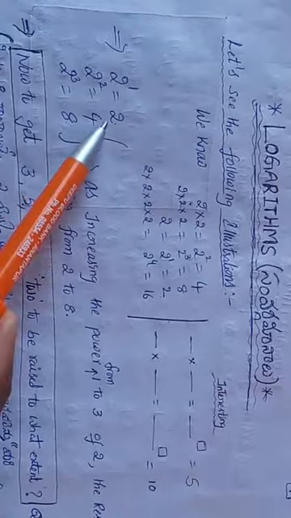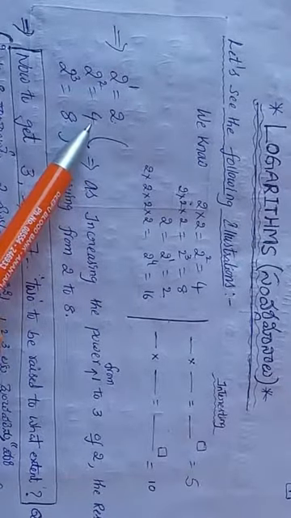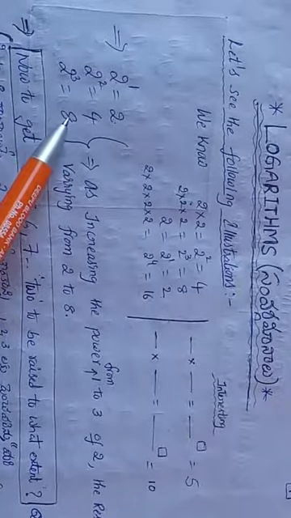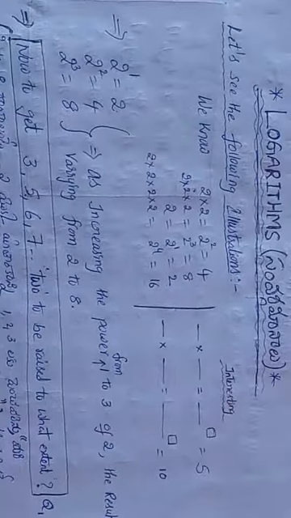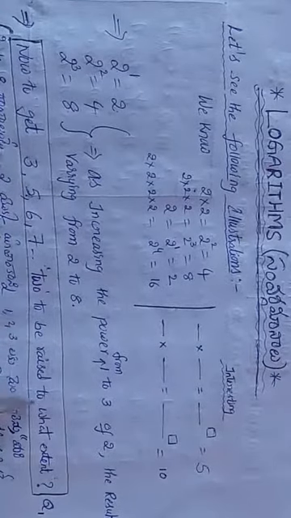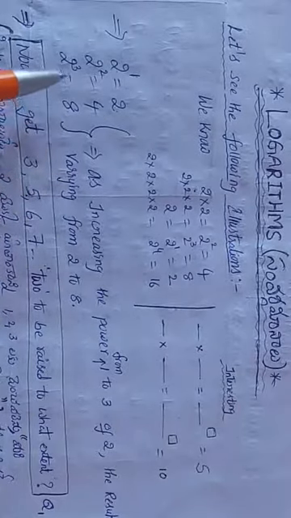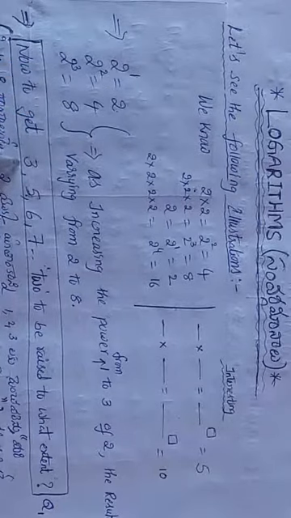about getting 3, which is between 2 and 4, and what about 5, 6, 7, which are between 4 and 8? So like this, to get 3, 5, 6, 7, 2 has to be raised to what extent? To get 2, 4, 8, we know 2 is raised one time, twice and thrice. But to get 3, 5, 6, 7, what do we have to do? So this is question number 1.